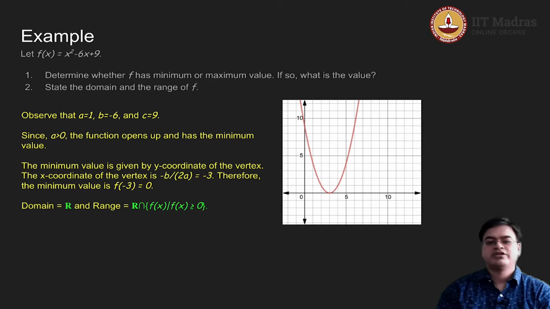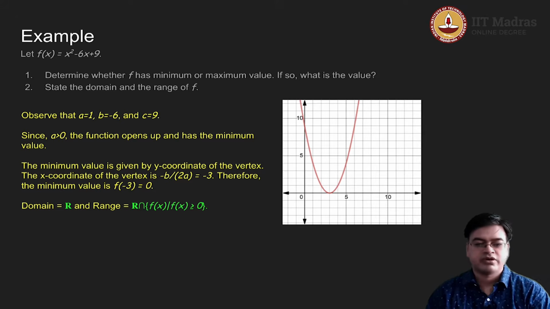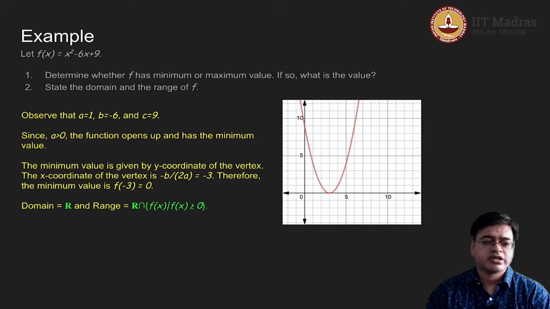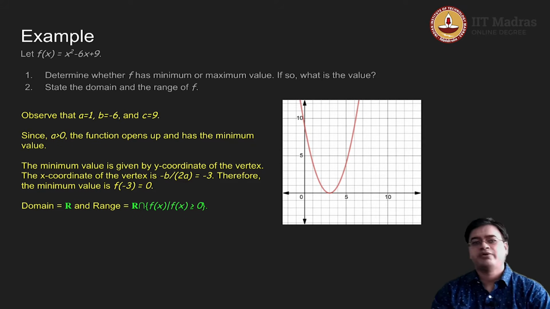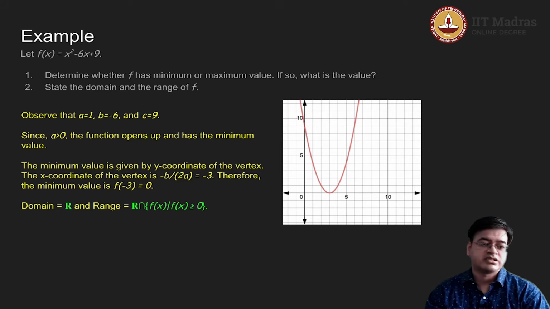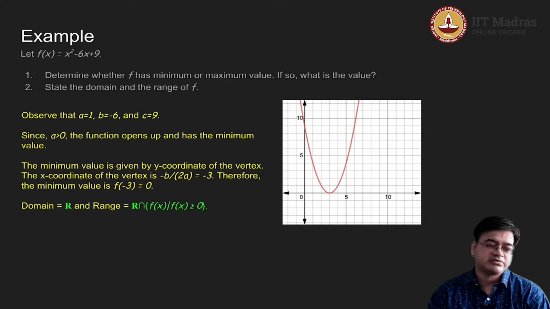What is the value? You need to figure out what the vertex is. What is the vertex of this particular parabola? So what is the formula for the vertex of the parabola? Minus b by 2a. b is minus 6, a is 1. So minus b by 2a is minus of minus 6 by 2 times 1, which will give me